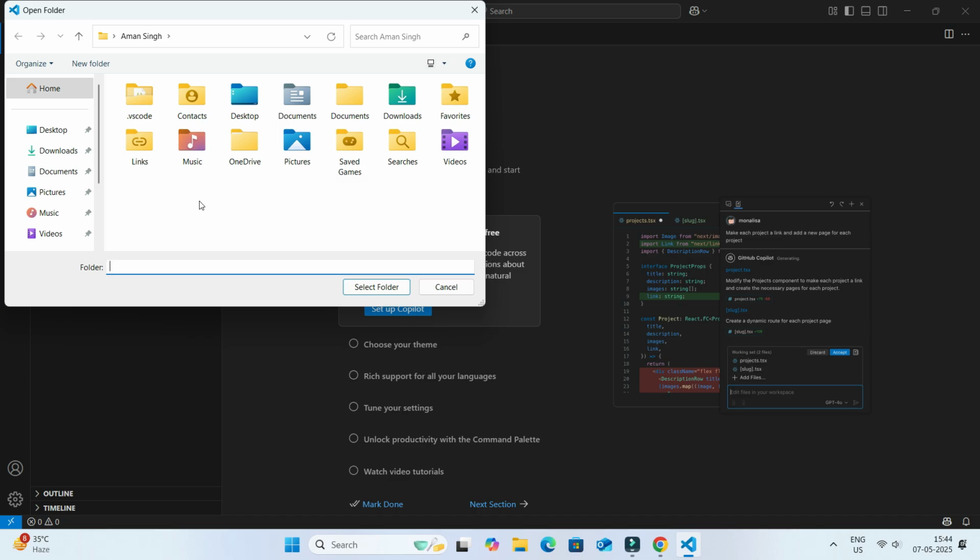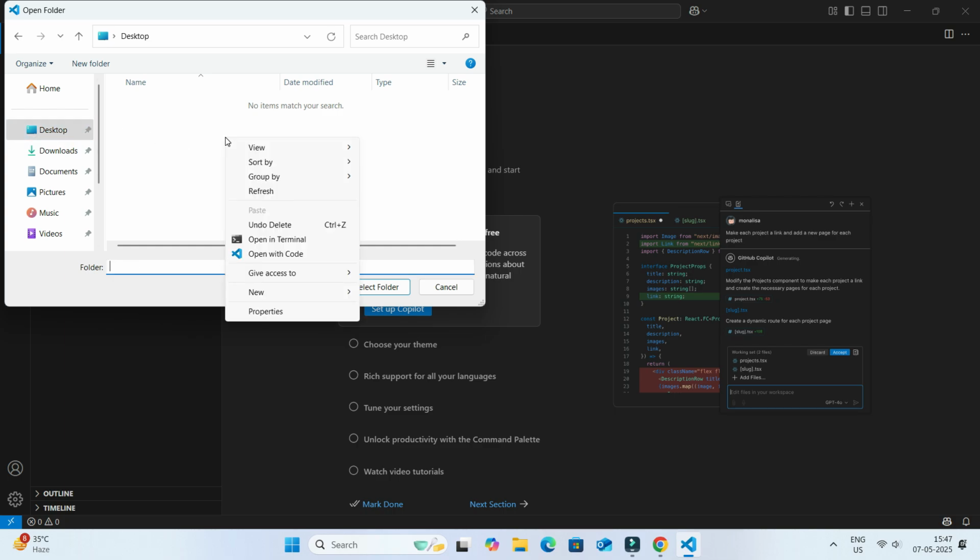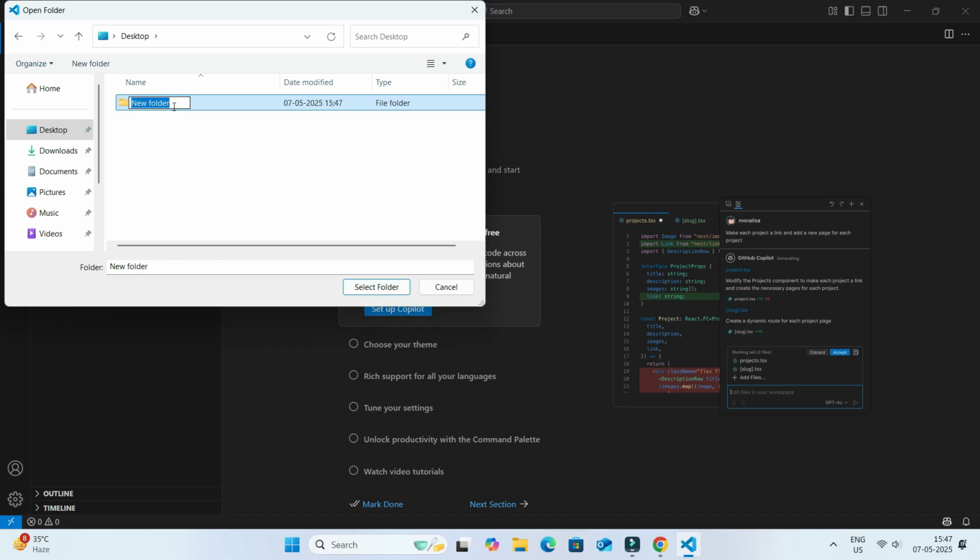And after that what you have to do here is simply click on desktop to create a folder on the desktop. To create a new folder on desktop you have to simply right click on this white blank space, and the moment you right click on this white blank space, it will give you the option of new, and when you carry your mouse on the new button, it will show you the option of a folder. Then just click on this folder button, and here you have to give a name to your folder. You can give any name. I am going to give this folder the name Aman, because my name is Aman, and it will depend on you. Whatever name you want you can give, and after that hit the enter button to give it the name.